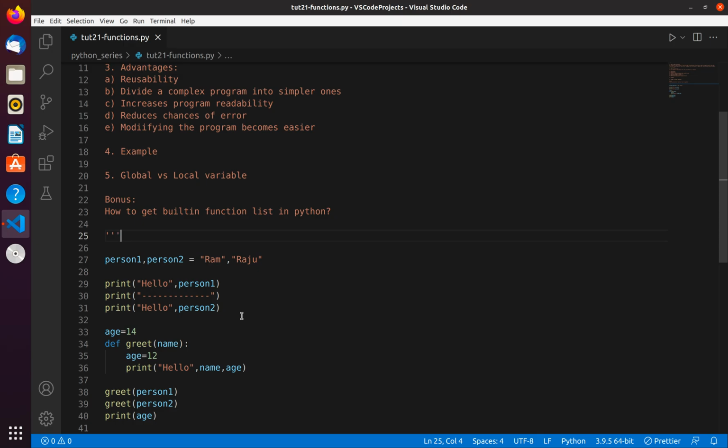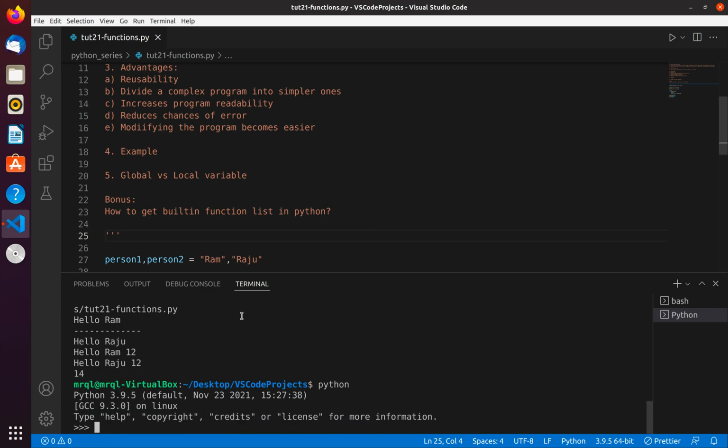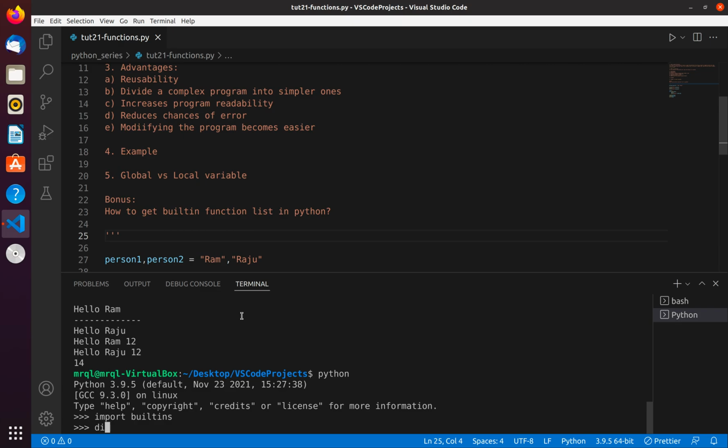Now here is the bonus. If you want to get the list of built-in functions which are already available in your Python, for that let me show you in the Python interpreter. I'm going to open it by using the python command. Then I'm going to use import builtins. It's a module. Now I just need to use dir, and pass this builtins. Let me type builtins. If I hit enter, here you can see it is